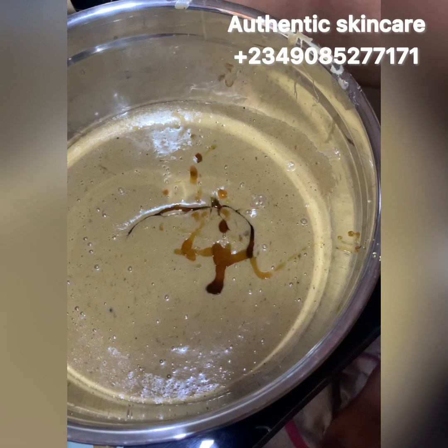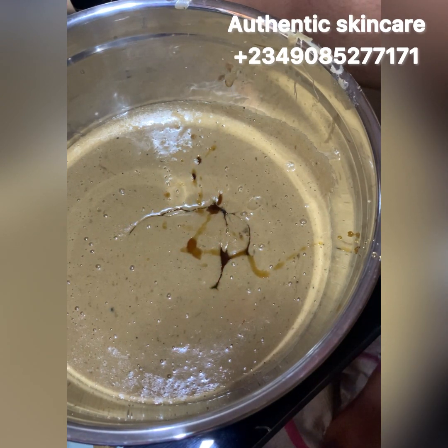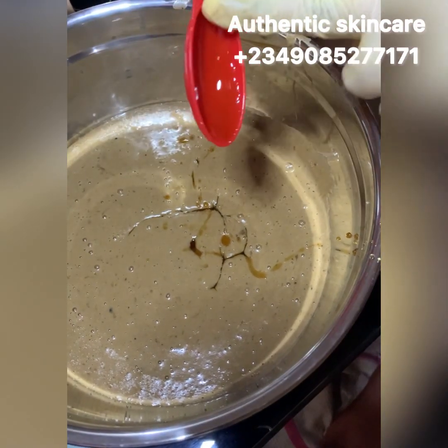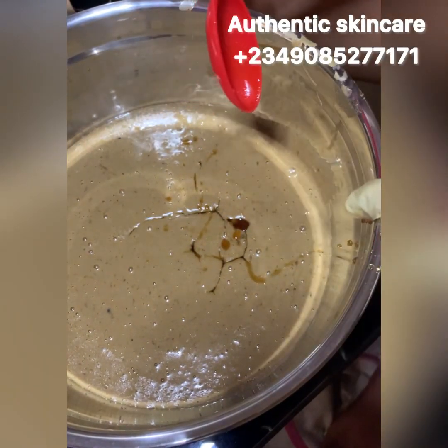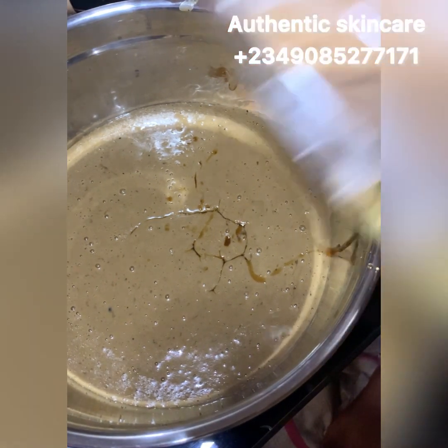It has lots of antioxidants in it, and it also helps heal, treat, and moisturize the skin. Read about it if you're curious to know more about all the ingredients. I might not be able to go over it. Okay, so